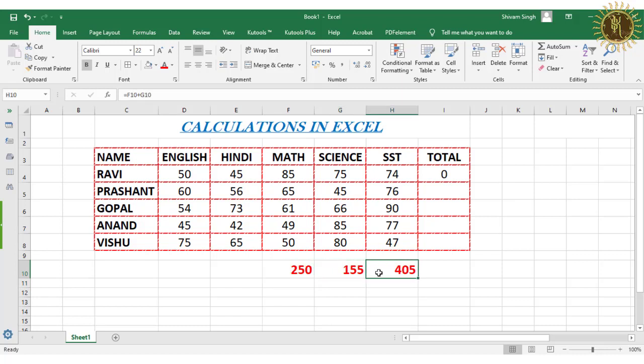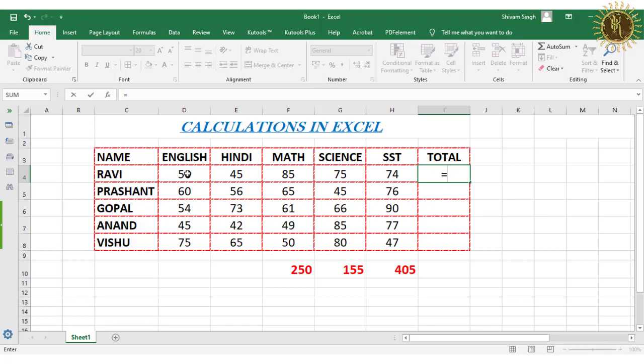Okay, so in the same way we will do the calculation here. Equals to, and all these cell addresses we will insert.